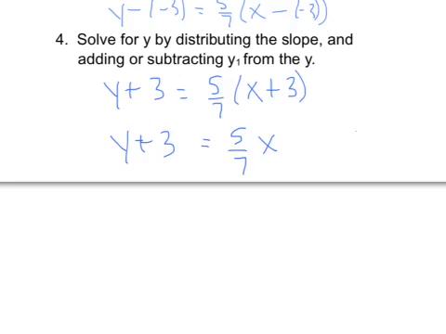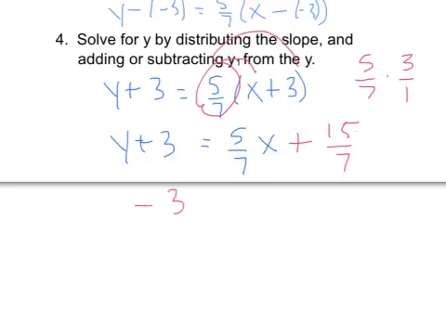So when we distribute the 5/7 to x, we get 5/7 x. And then 5/7 times 3, I'm just going to work that off to the side, a positive times a positive will make this positive. So we'll get 15/7 for our value there. Okay, now, to get y by itself, we're almost done. We just have to subtract 3 from both sides of the equation. So we end up with y is equal to